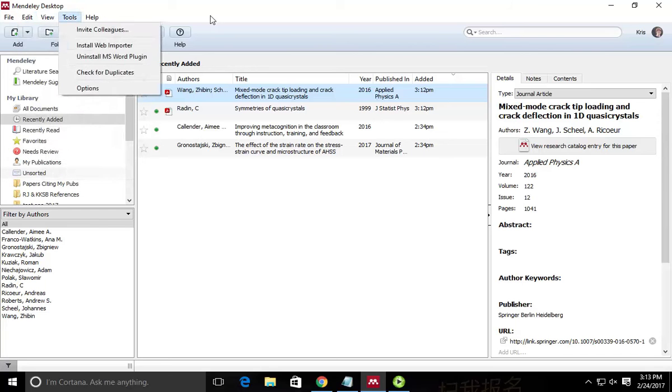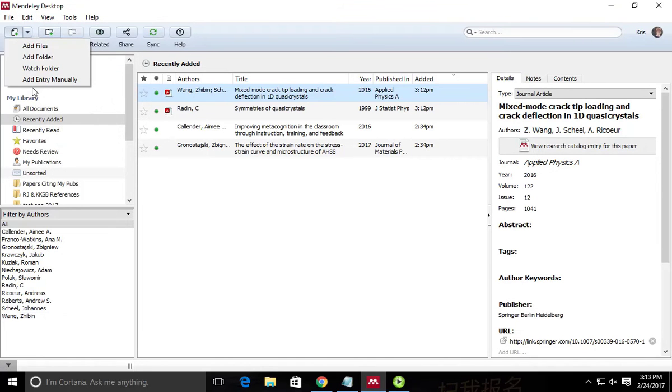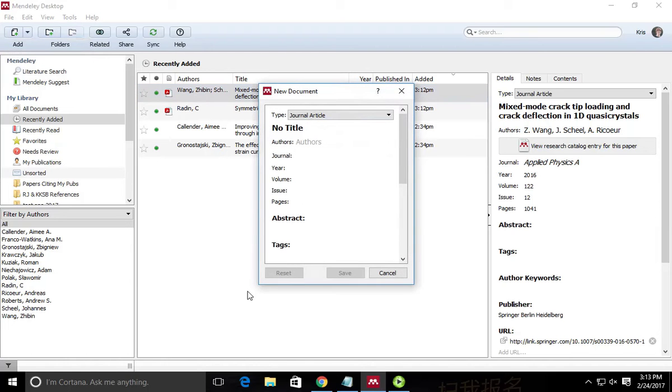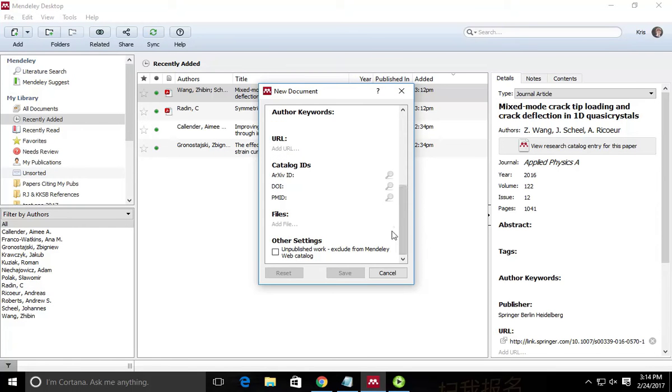So you can also add entries manually from this Add menu in Mendeley Desktop. So if you've got some non-electronic version of the data, or if you've just brought this up in some version that didn't want to import as smoothly, you can do copy pasting or typing things in directly. And one feature that's kind of nice on this manually enter the new document window